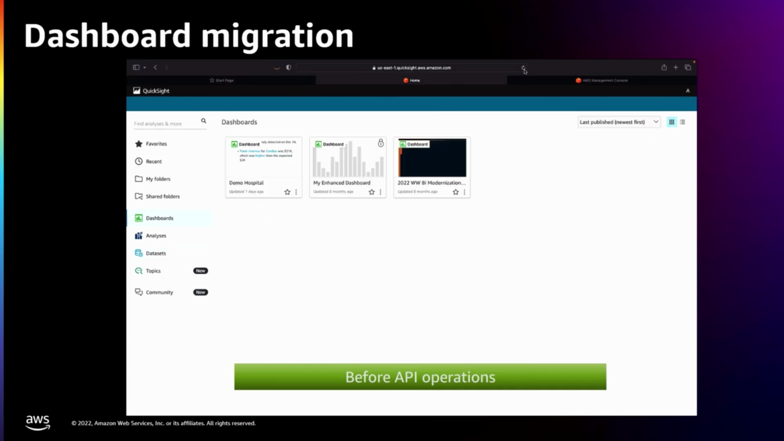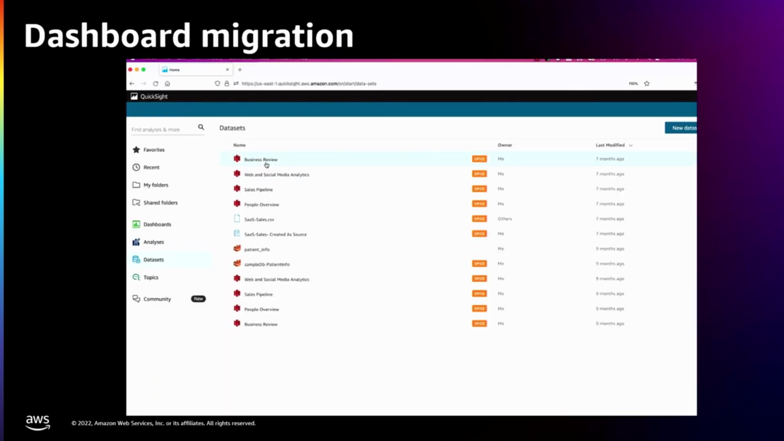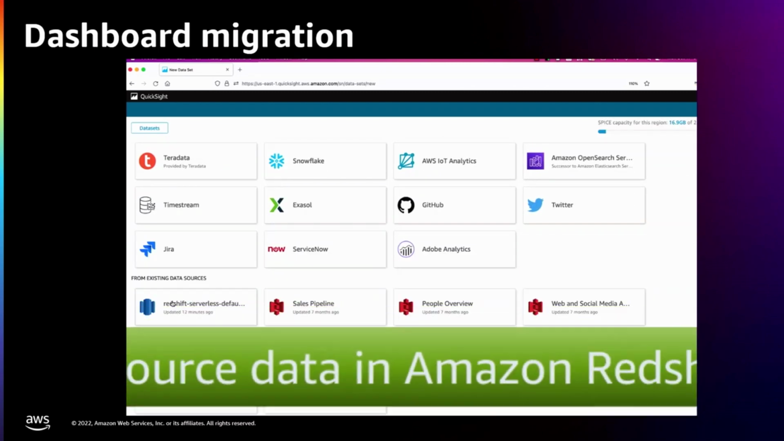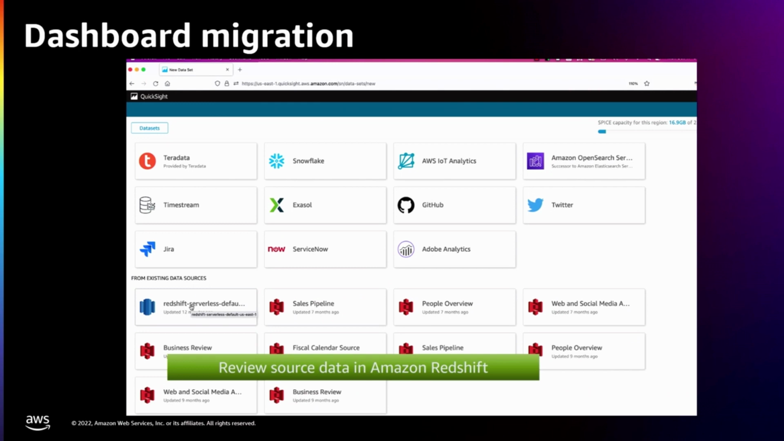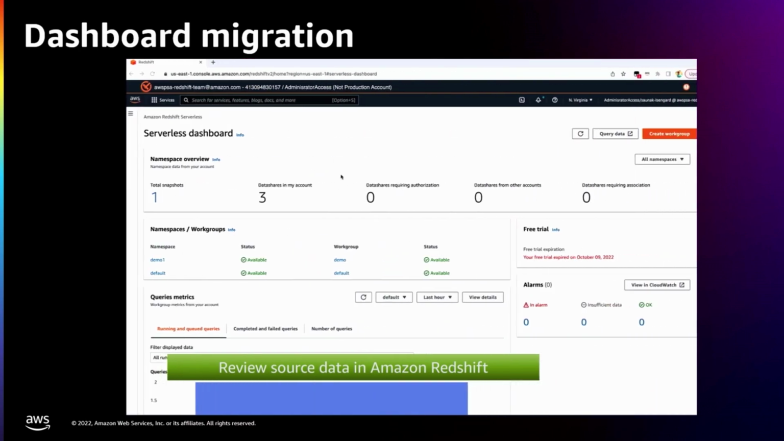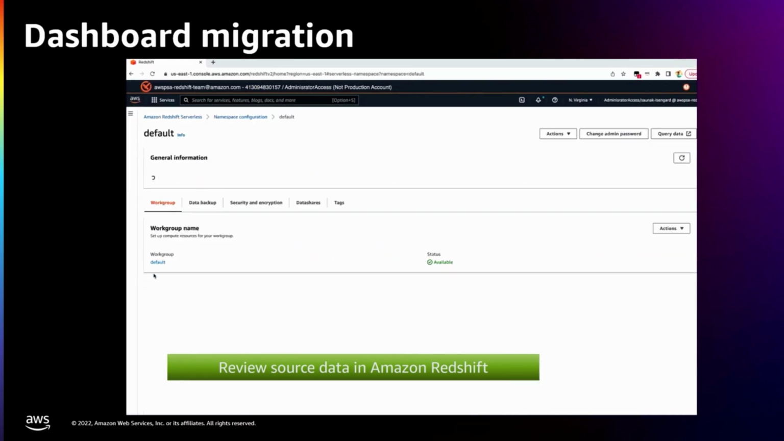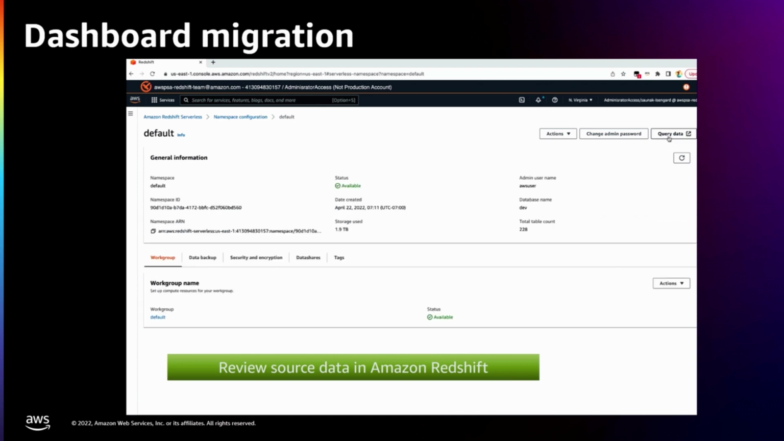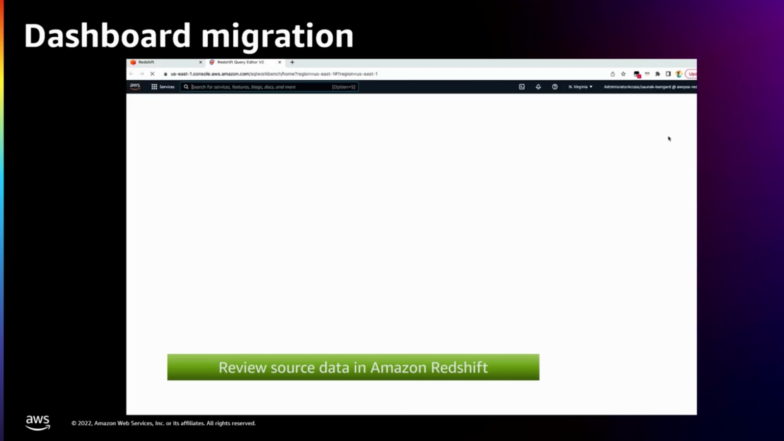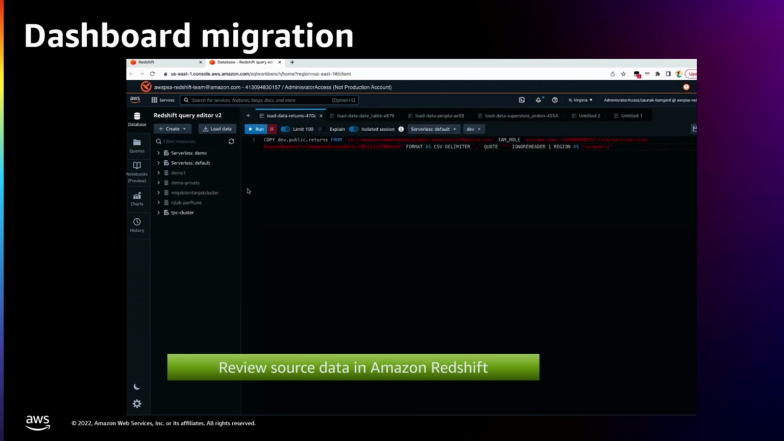Before we actually apply any API operations for create dataset and create dashboard, let's take a look at what we have in our QuickSight environment. We are just navigating all the datasets. We do not see the dataset that we're going to create. And in our case, our dataset will be residing in Redshift serverless. So let's review the Redshift serverless data by going to the